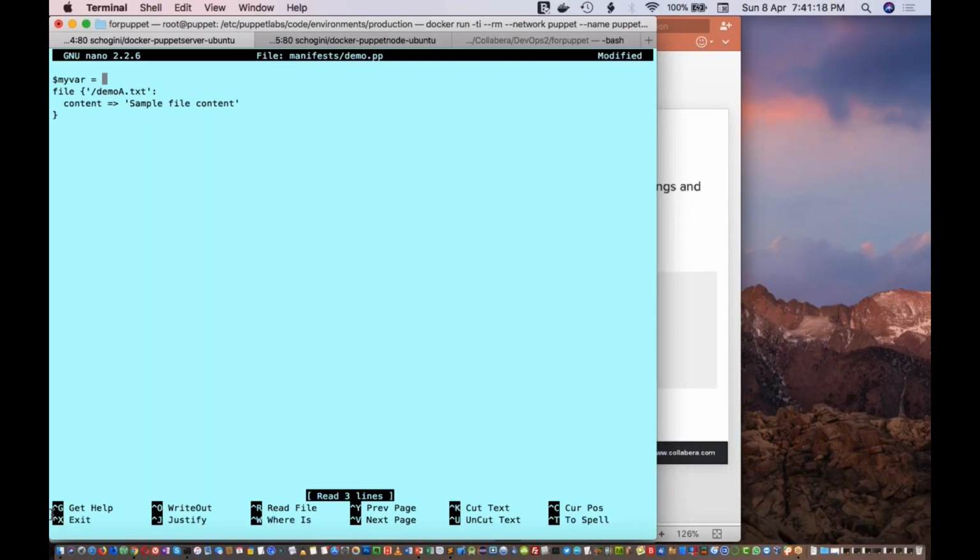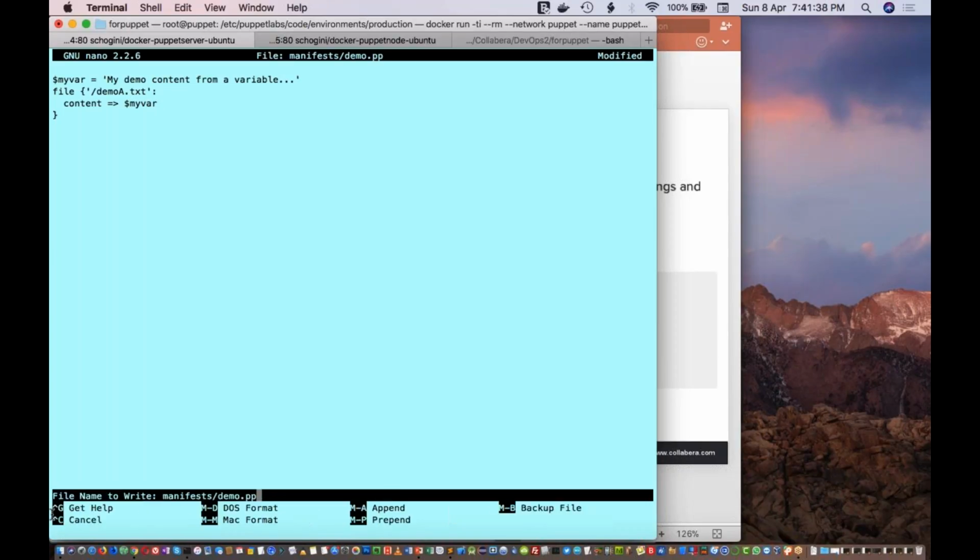This is the variable name that you are going to use. Then my demo content from a variable. Now instead of this content, I can directly use this particular variable, like my war.